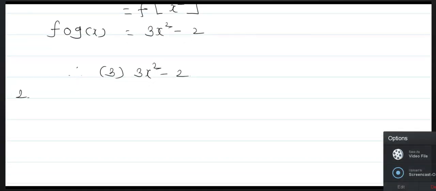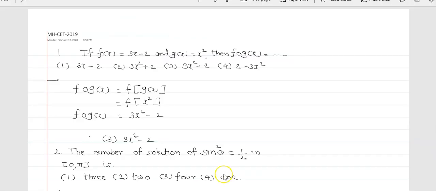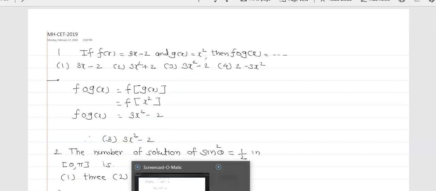Now again you can see this also here. If f of x is equal to 3x minus 2 and g of x is equal to x square, then f of g of x: g of x is x square, but what is the f of x? f of x is 3x minus 2. Therefore it is 3x square minus 2 and hence option 3 is the correct one. Now the next is